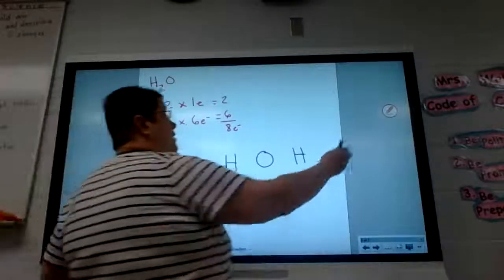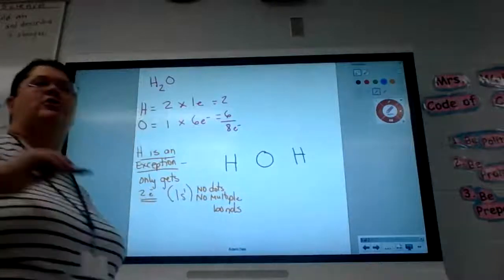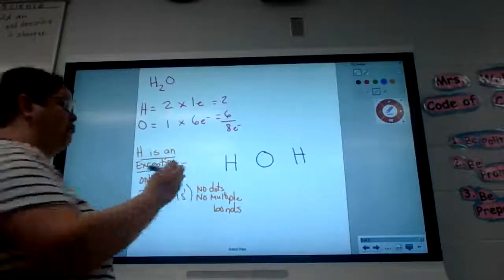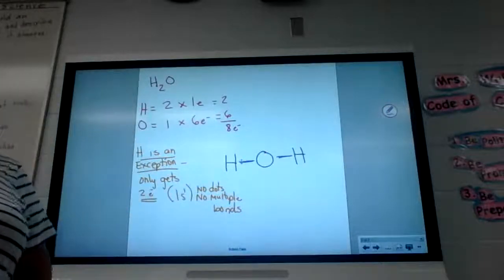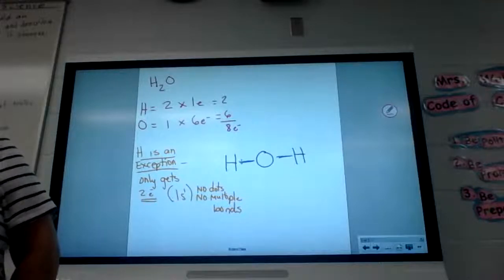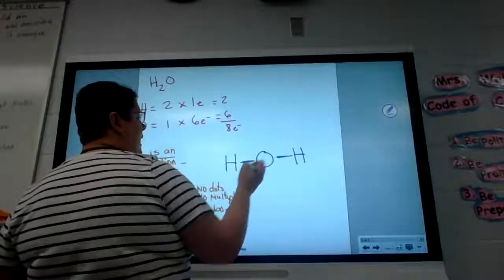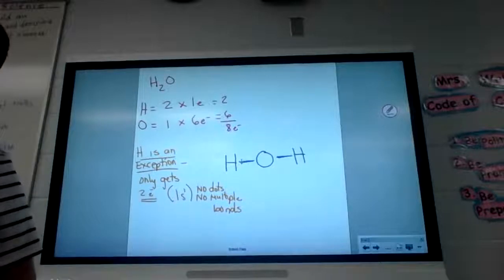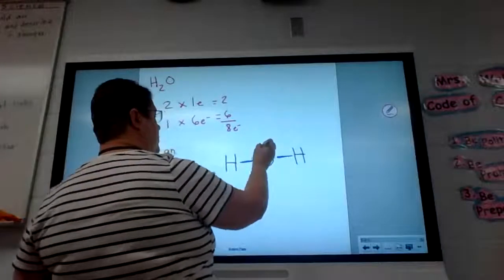All right, now we can start like I did yesterday, and I can draw dots between the H and O. But what do you know is going to happen to the dots between H and O? They're going to have a line. They're going to share. So we're just going to draw a line because you know the electrons are going to share here and here. When I draw the line, how many electrons did I just draw into my 8? I drew in 4. Each line is 2 electrons. So 2, 4. Now, who did I just say could never get dots? So where am I going to draw my remaining electrons? On the O, because H can't have any. So 2, 4, 6,